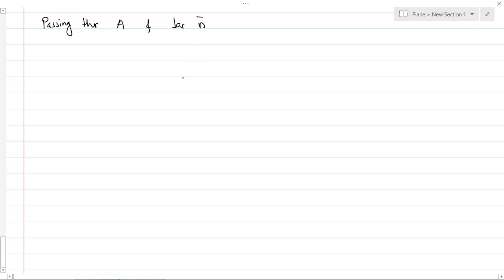Okay, if someone asks you for the equation of a plane, tell them to give you these two pieces of information, and I will give you the equation of a plane. So the only two pieces of information you require to get the equation of a plane are the point A, that is the passing through point, and the second parameter required is n bar. Okay, so can you give me the equation of plane then? It is r bar dot n bar equals a bar dot n bar.